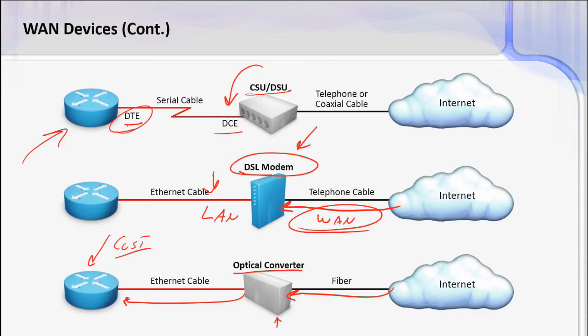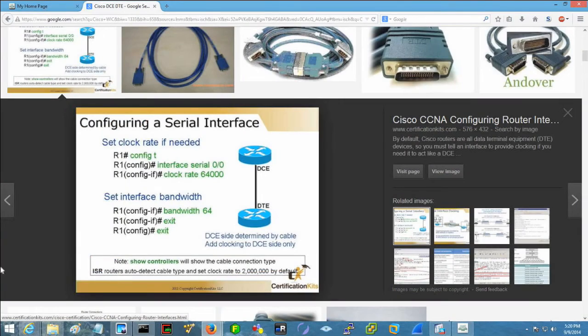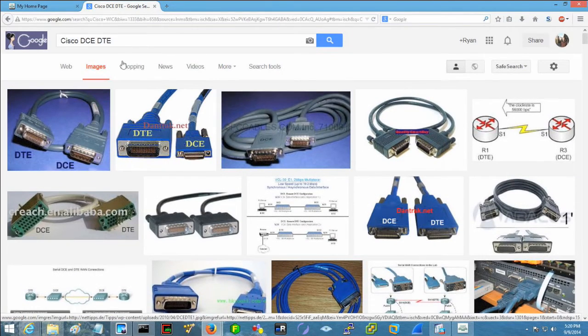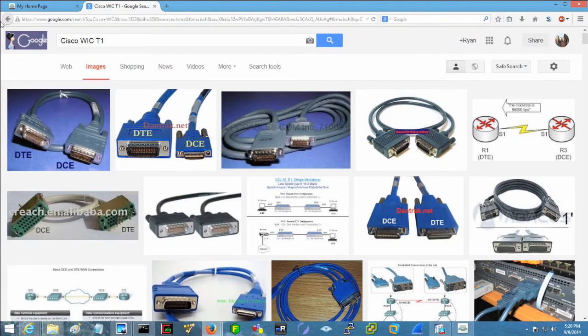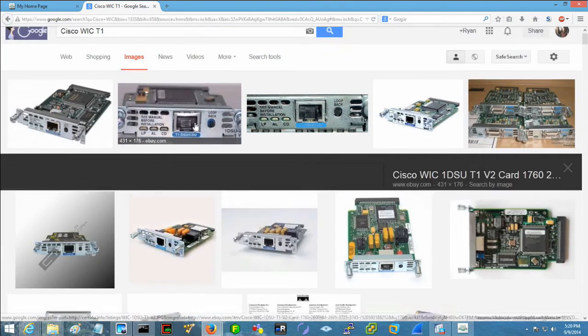Outside of that, what you're probably going to see if you're bringing in a T1 circuit into a building would be a CSU DSU that actually installs inside of the router, and you wouldn't have a serial interface or a serial cable. You would get a WIC card, which is a WAN interface card, and it would be for T1. So when you look at a Cisco WIC, it could be for a T1, and it looks just like this.